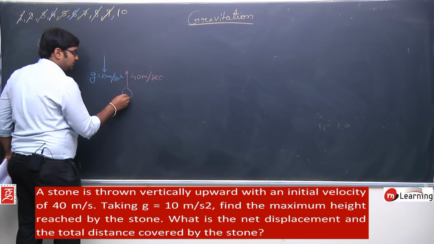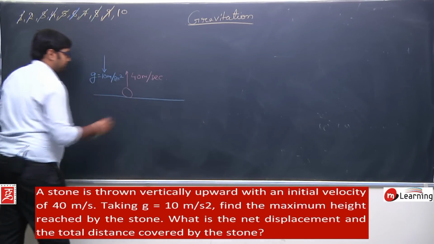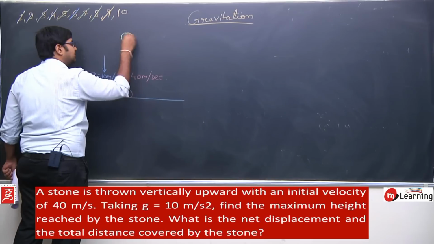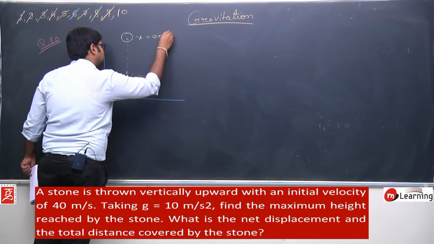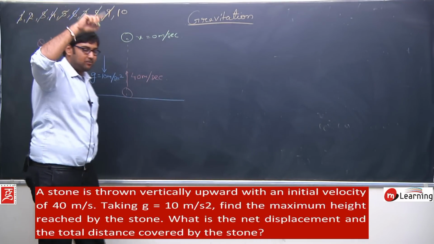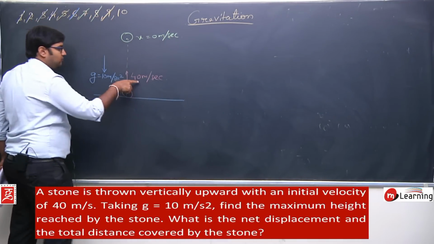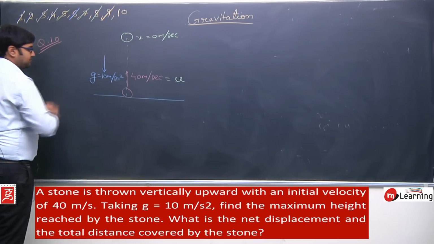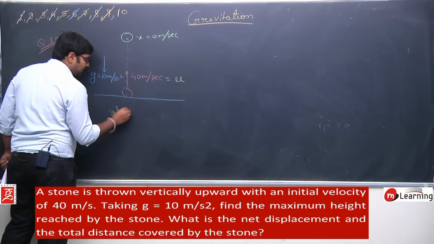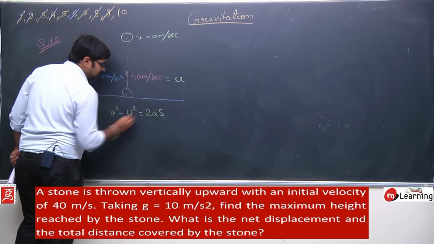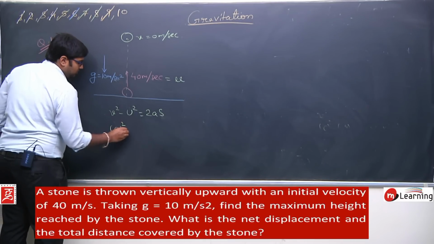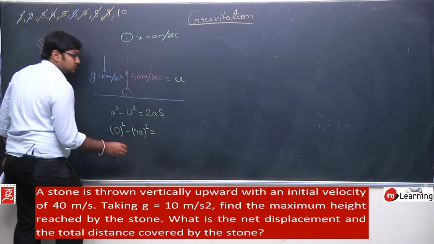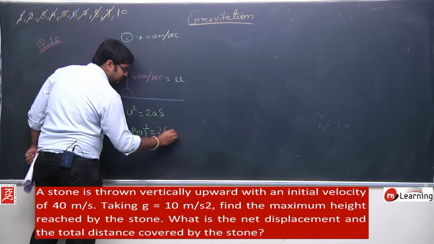So as we have learned earlier, it is thrown from the ground. This is the ground. So the maximum height it can reach is a point where its velocity will become 0 meters per second, because it will stop in the air at some point. So now we can see we have 40 as u, initial velocity, v as the final velocity, and this is the acceleration. So we can apply v square minus u square is equals to 2as. Here we have v as 0, square minus u square. In place of u I can write square of 40